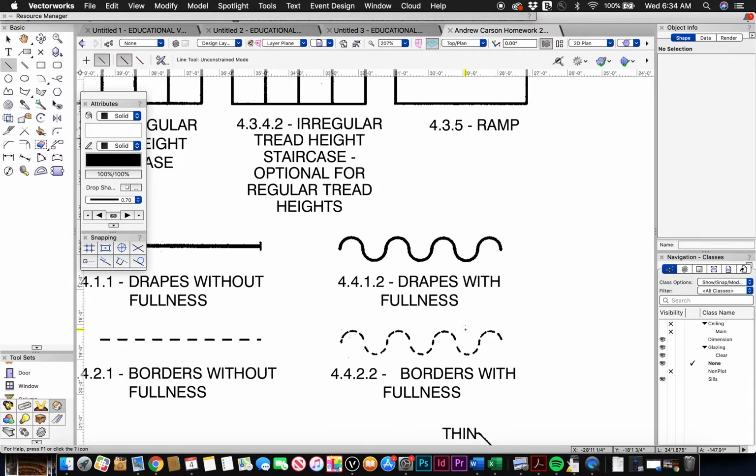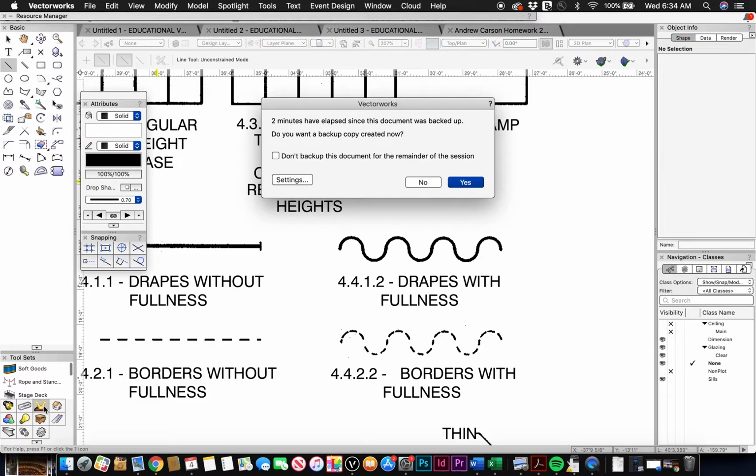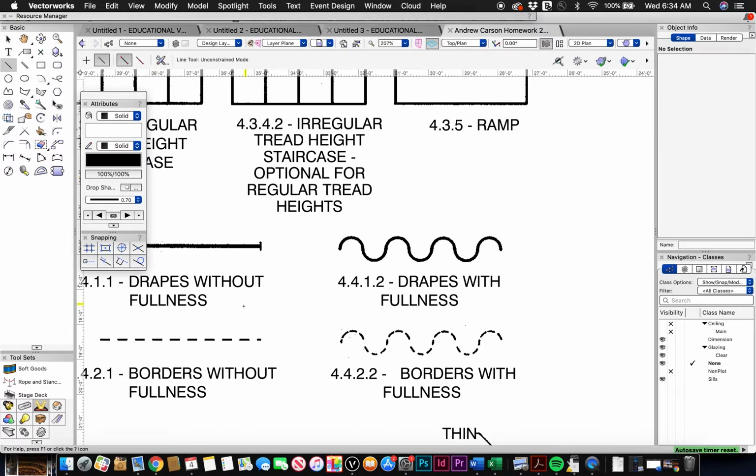Again, drapes with fullness is actually another interesting aspect because I'm going to get there in a second. Sorry, my tool set window is very small. Gotta locate this. Oh, here we go. They've moved it around slightly in 19. It used to be that everything was under the lighting section. So if you go to the soft goods tool, which I've now activated,